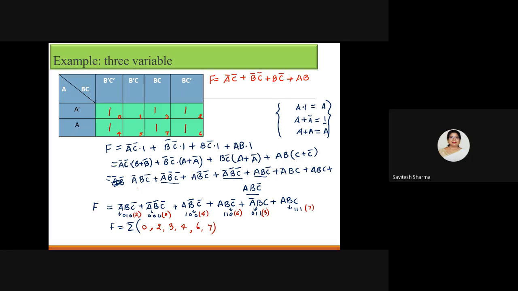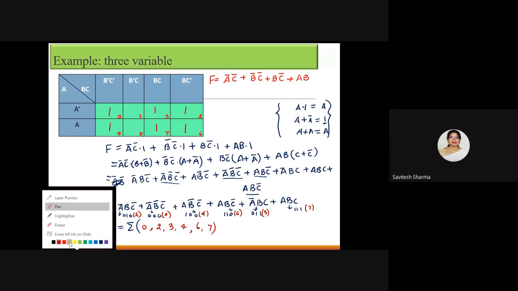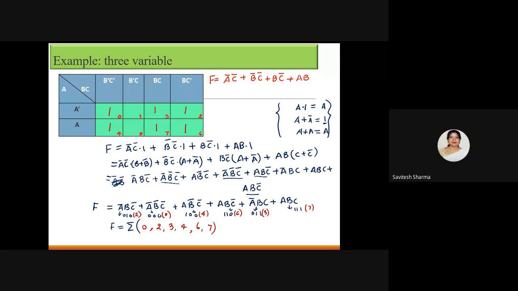Now do the grouping. Tell me how many groups are forming here. If you understand how to group, first I said you first see for octet. Octet is not forming here because 8 ones are not there. So you will go for quad. Any quad is forming? This one quad is forming. These 4 ones are forming, this is my group number 1, I am saying.